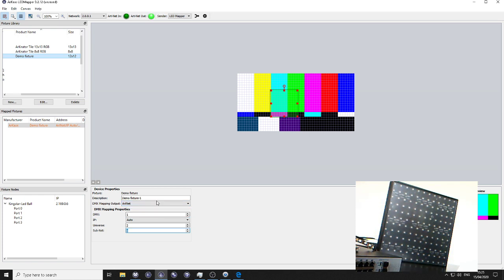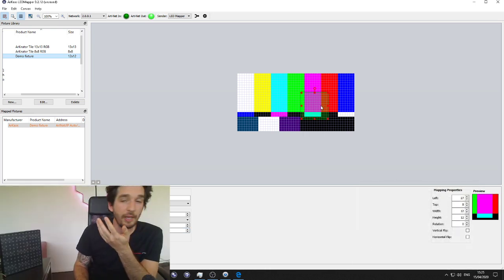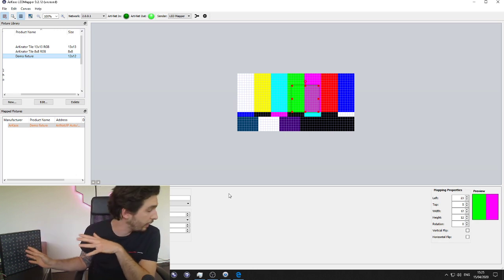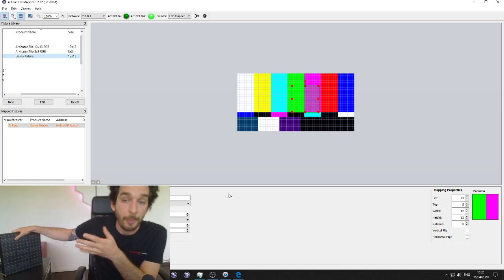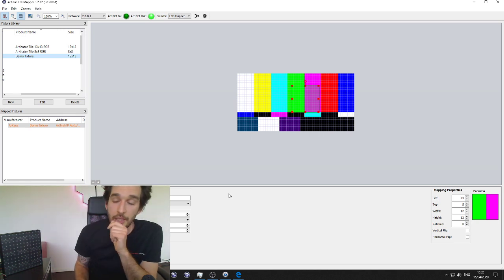So now I need to patch my fixture in my mapping with the same DMX address and the same universe patching that I have on my fixture right here. Okay, so the patch needs to be the same in here and of course in the software.